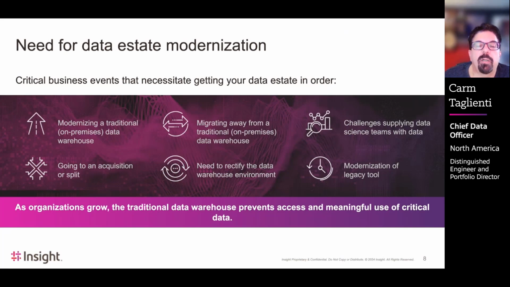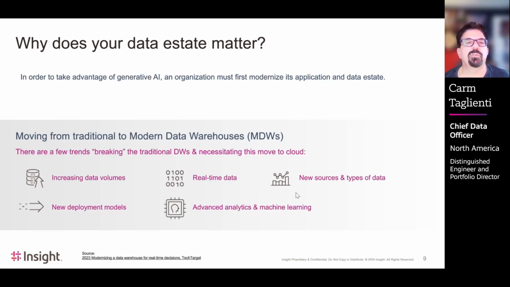So there are a number of different things that we will talk about that are related to understanding how to keep up with the state of change as it relates to not just AI and analytics, but also the data that supports it. So these are going to be really important concepts as we think about the maturity model, and also how we take care of our data to make sure that we're getting the most benefit out of those data assets. So why does it matter? There are a number of reasons for us to think about it. We'll call it a modern data warehouse or a modern data platform for the sake of argument here.